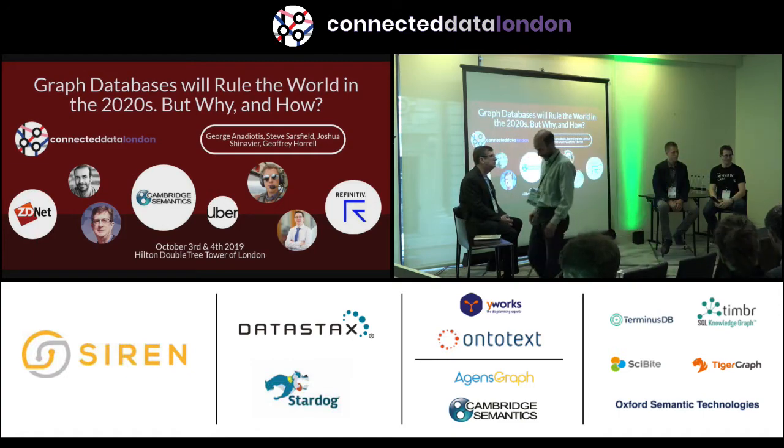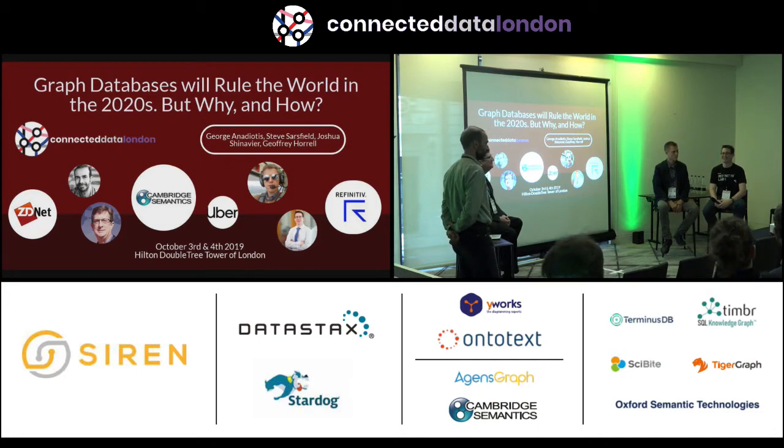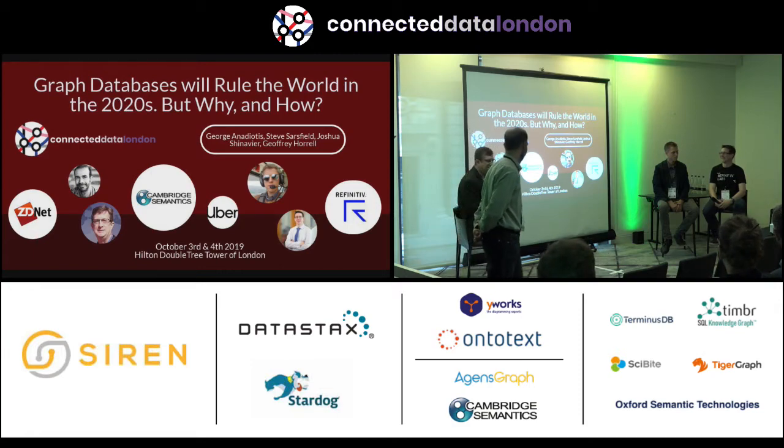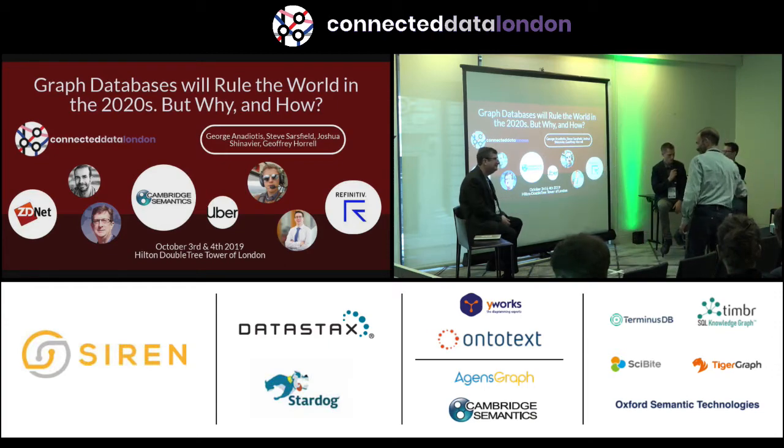So based on the title, graph databases will take over in 2020. What makes now different? Because I've heard that for the past 3 decades. We had object databases, then RDF databases, and then the next version. Why is it different now? Hard to say why, but it is, isn't it?